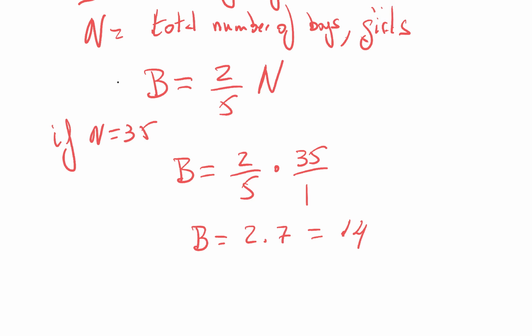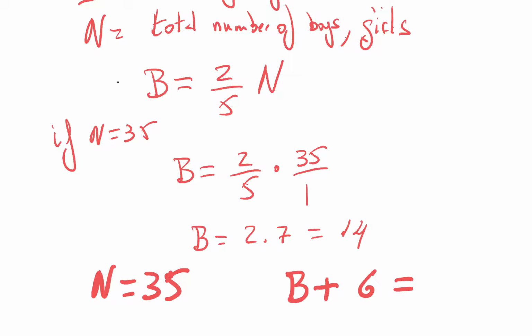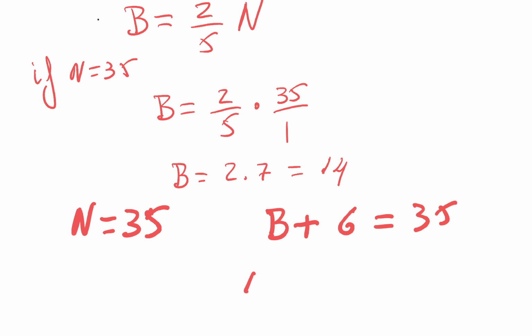Well, the total number of students is 35. If we have 14 boys, it means boys plus girls equals 35. But we already know that there are 14 boys. So the girls will be